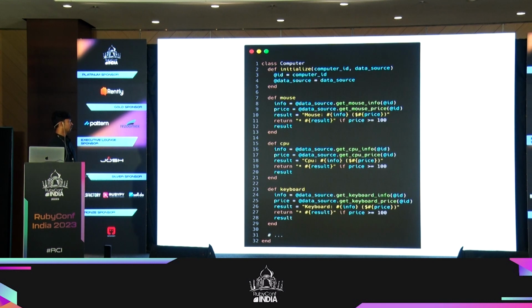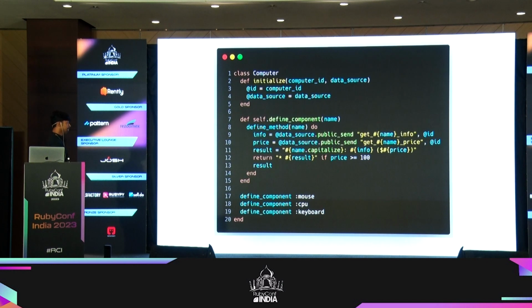So how we can go ahead is, if you see this Computer class, I have a define_method which takes an argument called name. It calls data_source.public_send, and on the data source it will call the method get whatever, CPU, keyboard, mouse, whatever it is.